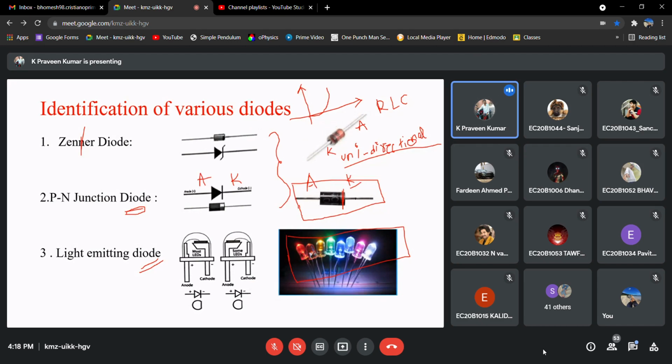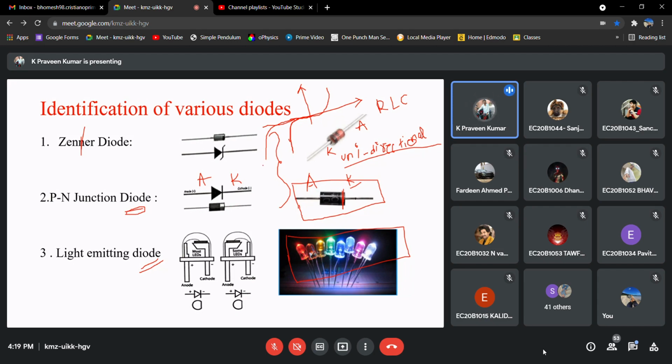So the thing you can observe is that in the case of a Zener, in reverse bias, the Zener will break down very quickly, so it is able to operate in the breakdown region also. Whereas with a PN junction diode, if you want to get breakdown, you have to apply more and more voltage in reverse bias, right? If you apply that much, breakdown is secondary. First of all, your diode will get damaged.